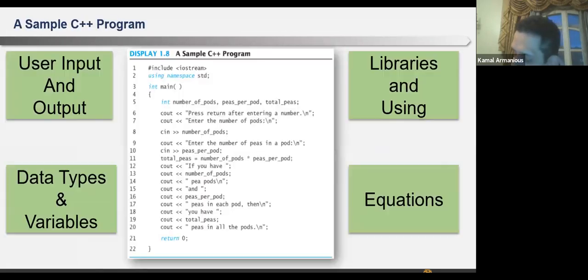We have here, in this very simple program, an equation. This equation means that there is a left-hand side and a right-hand side, and this equation will be evaluated.